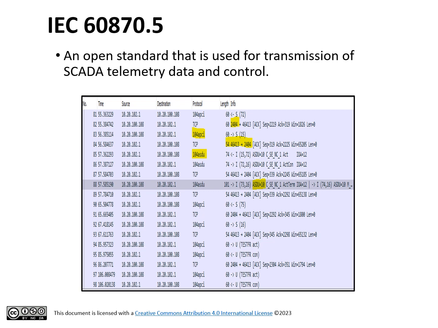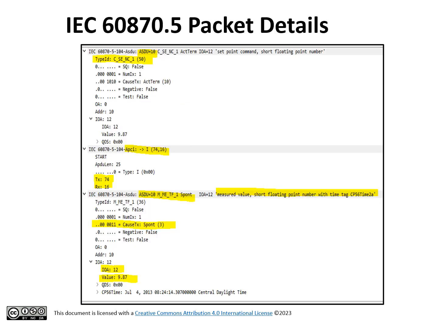IEC 60870.5 is an open standard that is used for transmission of SCADA telemetry data and control. The figure below depicts the ACPI and ASDU components of the packet structure. The figure below provides the details of transmission, such as control type, code, transmit and receive sequence numbers, and reference descriptions. A careful scrutiny of the information provided would reveal the following information: